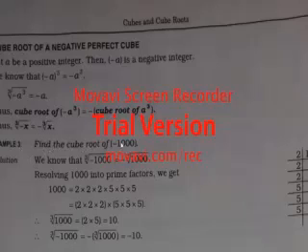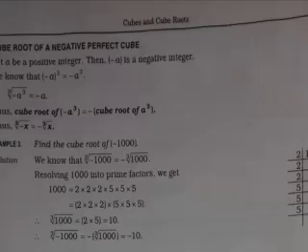Example 3, find the cube root of minus 1000. So you can see we know that the cube root of minus 1000, you can simply write minus out, minus cube root 1000. So resolving 1000 into prime factors we get, you can see, dividing by 2, 2 5s are 10 and 0 0, again with 2, 2 2s are 4 and 1 and 0 is 10, so 2 5s are 10 and 0, again with 2 it becomes 12, 2 12s are 24 and 5 2s are 10. Again with 5 it becomes 25 and again with 5 it becomes 5. So you can see triplets of 2 and triplets of 5 are over there. So 1000 is equal to 2 into 2 into 2 into 5 into 5 into 5. So cube root 1000 becomes 2 into 5, that is 10. So cube root of minus 1000 becomes minus cube root 1000, that is minus 10.